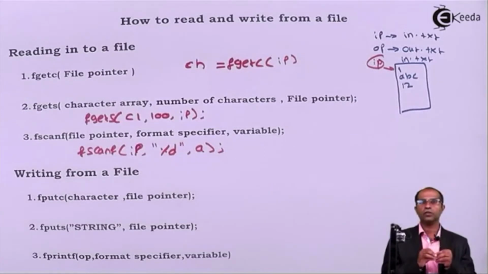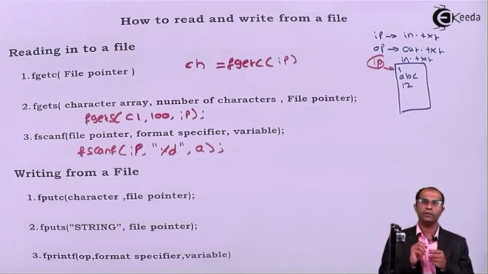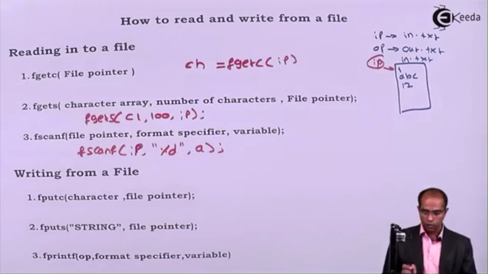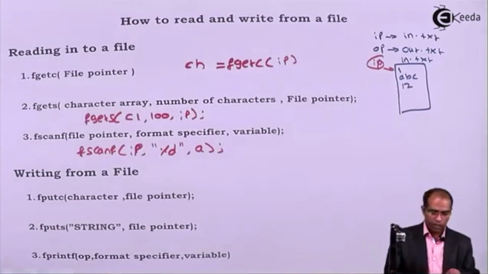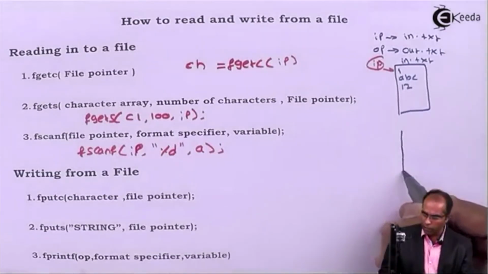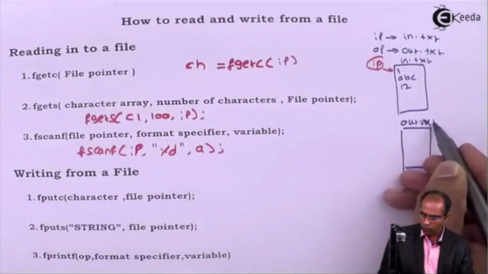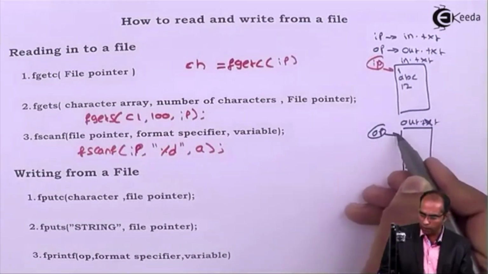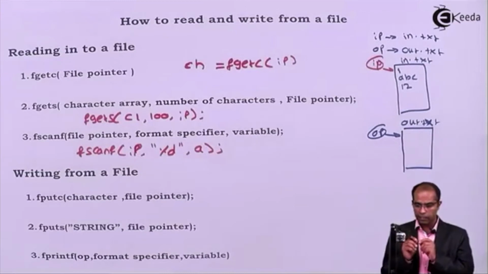Once you are through with this, you are supposed to write the modified contents which are there in your variables on the local system to the file. So in that case, we might use writing the contents to a file. So how do I do this? The various commands for doing this are fputc, fputs, fprintf. For this, again I have to make an assumption that I have a file called out.txt, and this is held by op. So if a pointer op holds this particular content, my task is to transfer the contents to this particular file. So how do I do this?